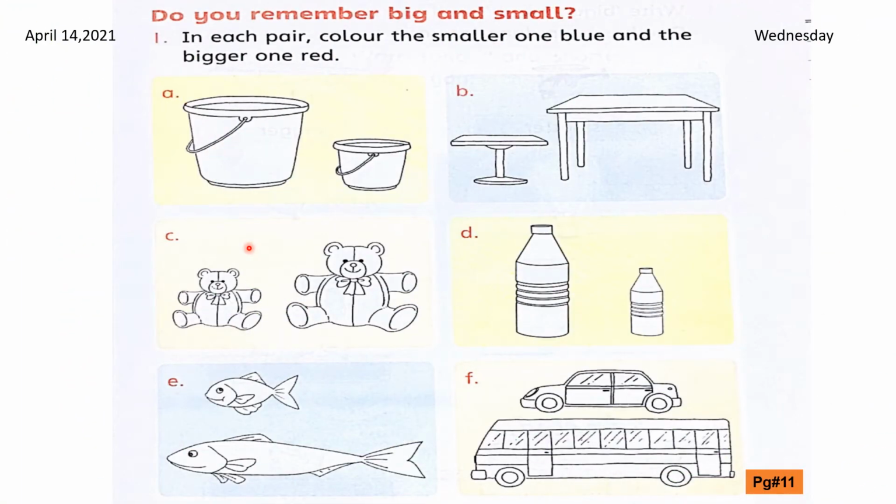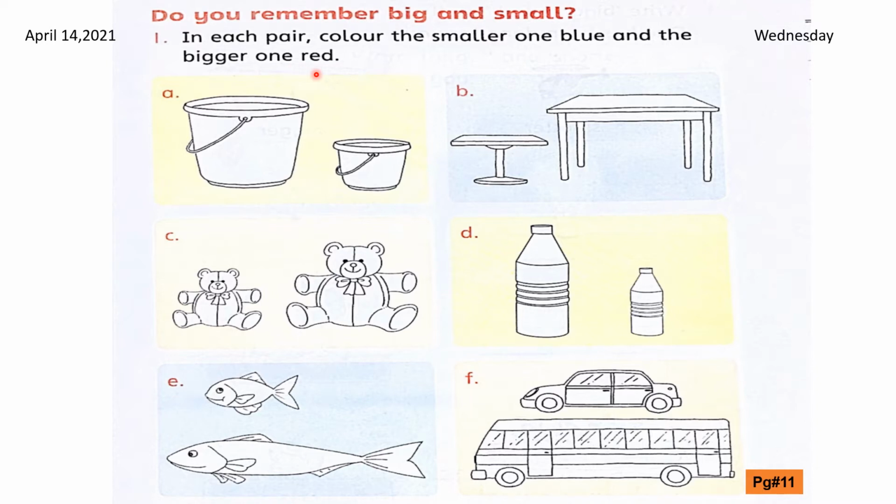Students, now open book page number 11. Write date. Today is April 14, 2021 on your left hand side. On your right hand side, write day. Today is Wednesday and this is your classwork. Question is color the object which is smaller one, do color blue, and color the object bigger in size, do